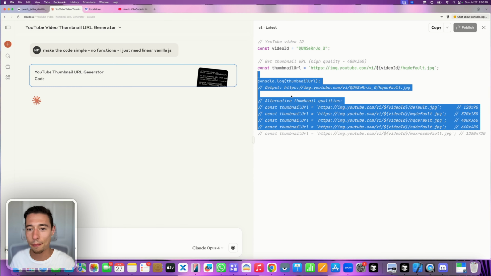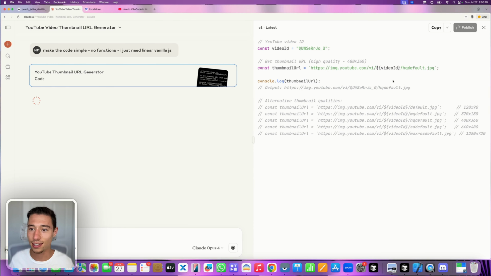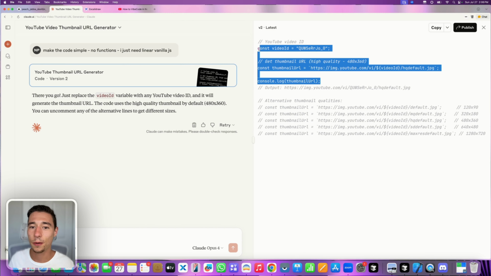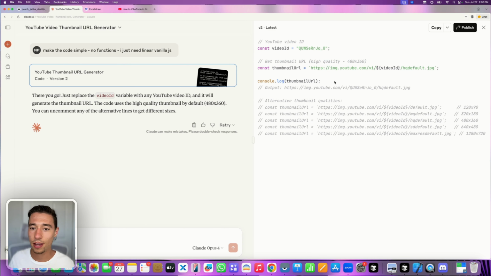It shouldn't wrap things into unnecessary things. Now, this is actually quite simple what it does. We could probably do this ourselves, but sometimes you don't know how to do that unless you ask AI. So we could now copy this, and you see it does console log it. So we need to make sure